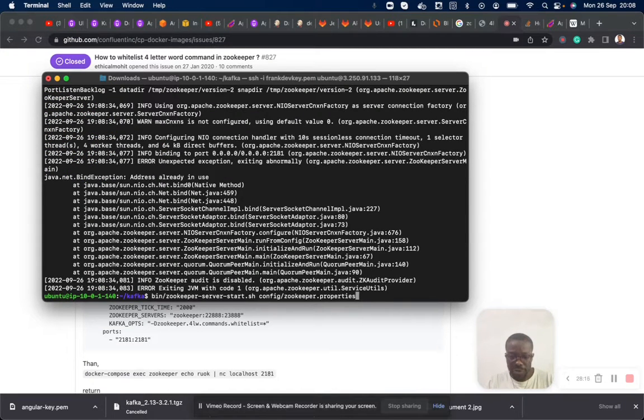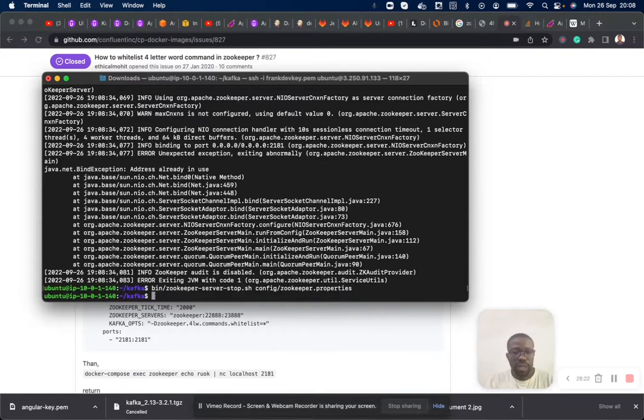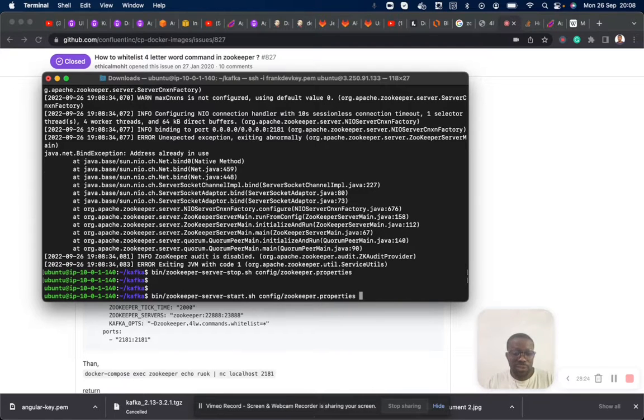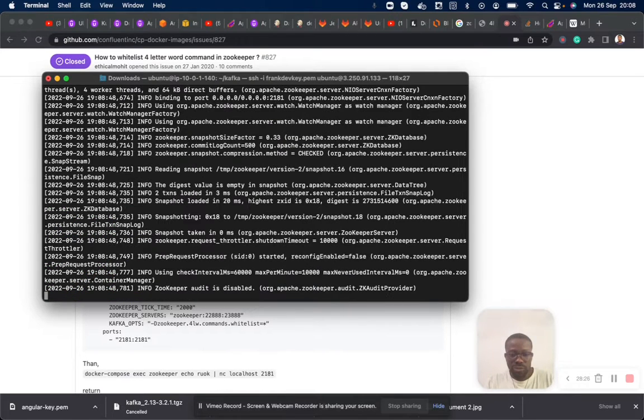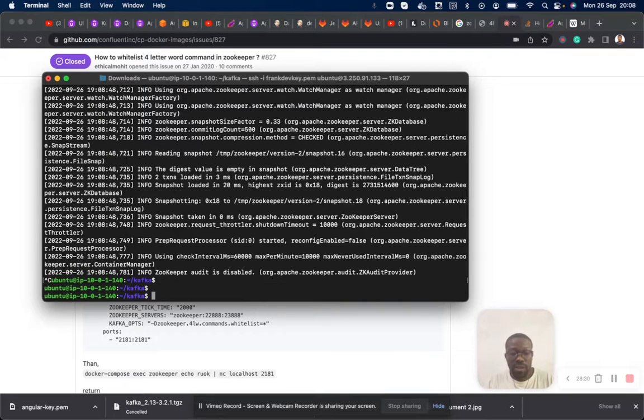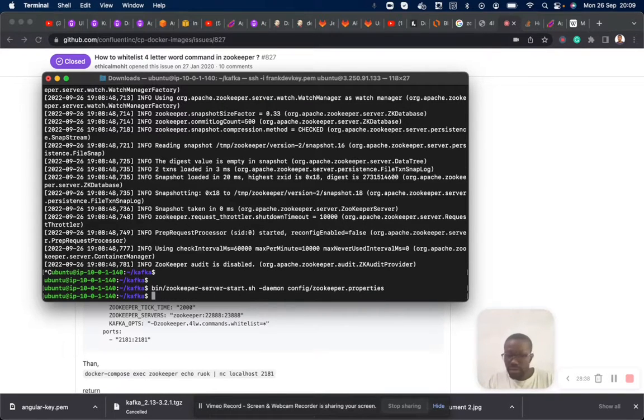So you have to stop it first before you start it. You stop it and then you start it. So Zookeeper is up and running. Let me run this as a daemon, so it runs in the background, dash daemon. Okay, that's fine.